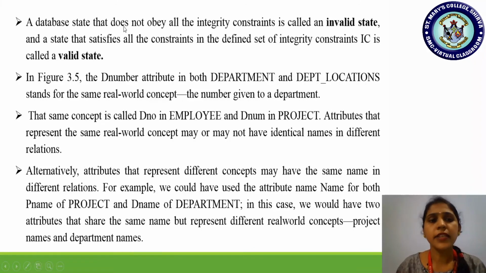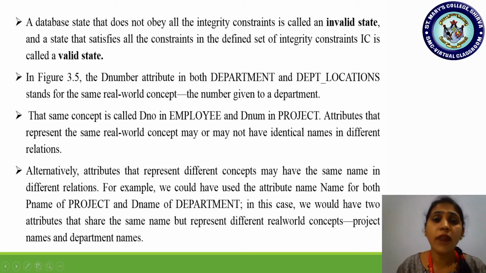A database state that does not obey all the integrity constraints is called an invalid state. For example, an employee has to work in a particular department. So in an employee row, you are filling in the employee detail, but in the department number column, if you are leaving it empty, if you are not adding in which department number that particular employee is working, if you have left it empty, null, then we can say that the database state is not obeying the integrity constraint.